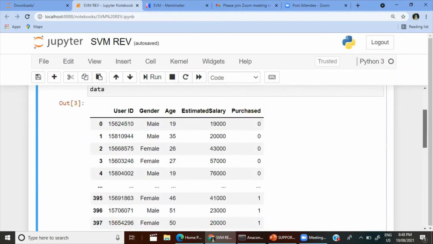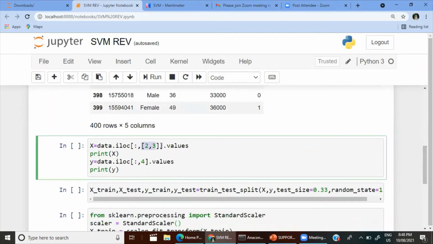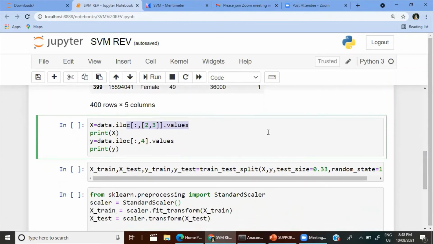We all know that Python starts from 0. So this column is 0, 1, then age is 2, then 3. Like I've told you, 2 and 3 we are going to select, so all rows from the second and third columns. We close these two square brackets, dot values. That way we split the features. This is called feature extraction. We are extracting the features from the whole data frame.